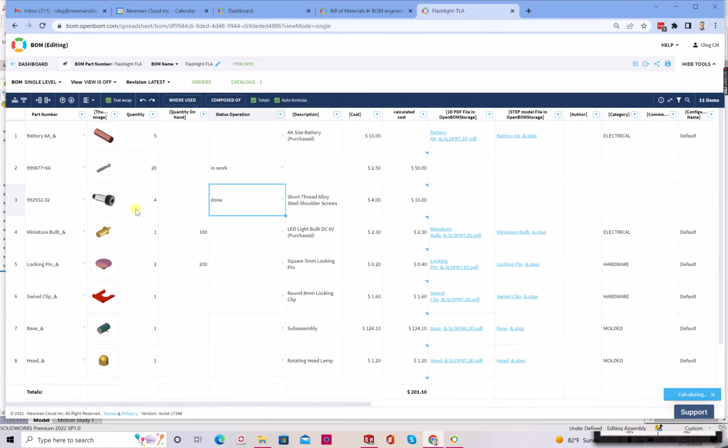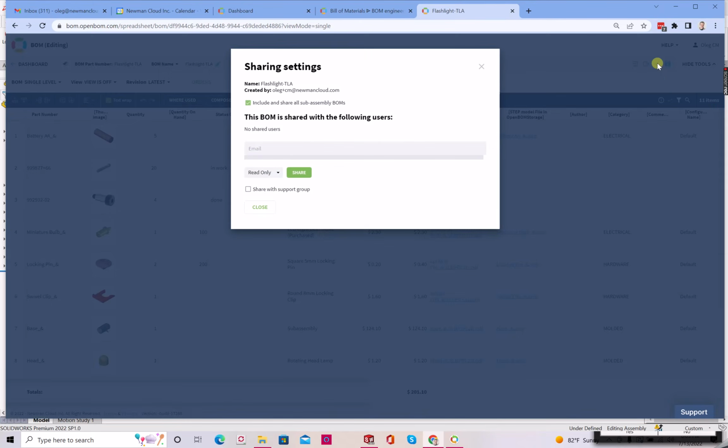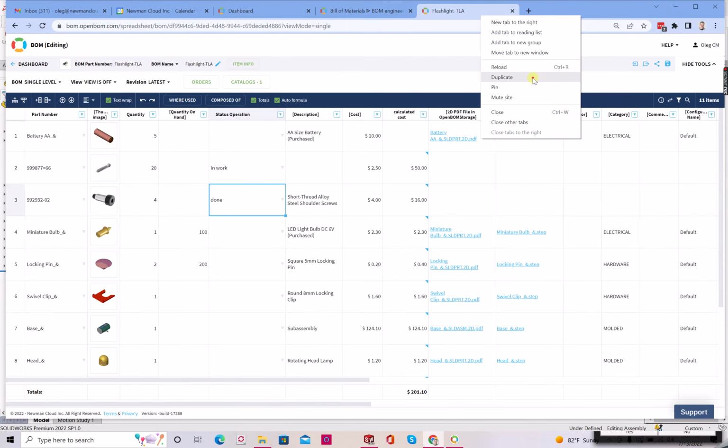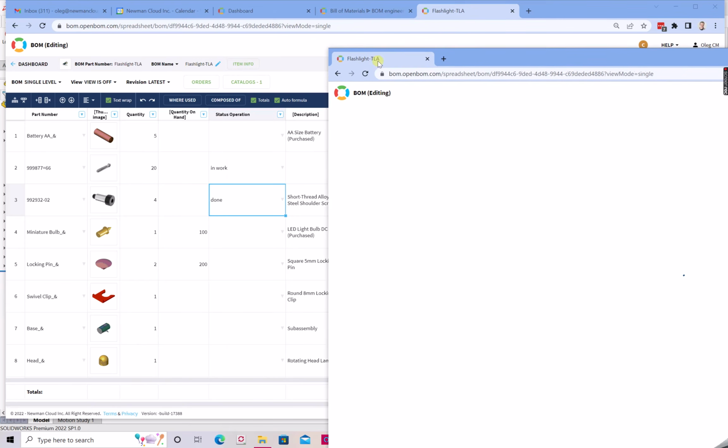to the single level BOM and give you an idea that OpenBOM supports amazing collaboration capabilities. So it's basically Google Spreadsheets on steroids. You can share your data with anyone manually or automatically using OpenBOM. You can explore the automatic functions in more detail, but when you share data with someone, this person will get access to the same information in a browser environment, and you both together will be able to collaborate. So as you can see now, I opened the same bill of materials in two browsers,